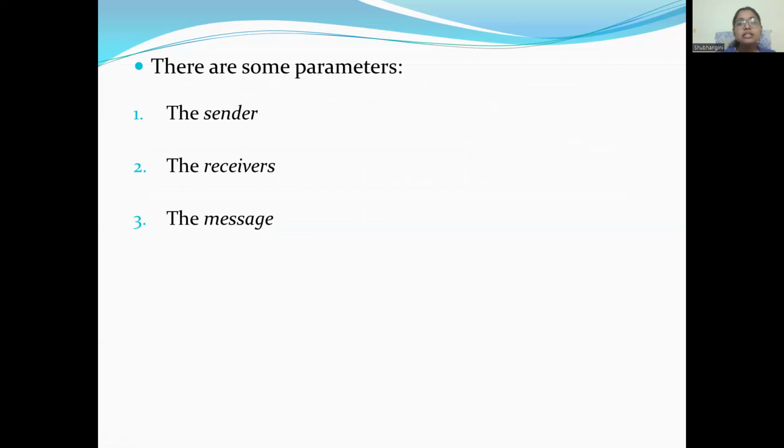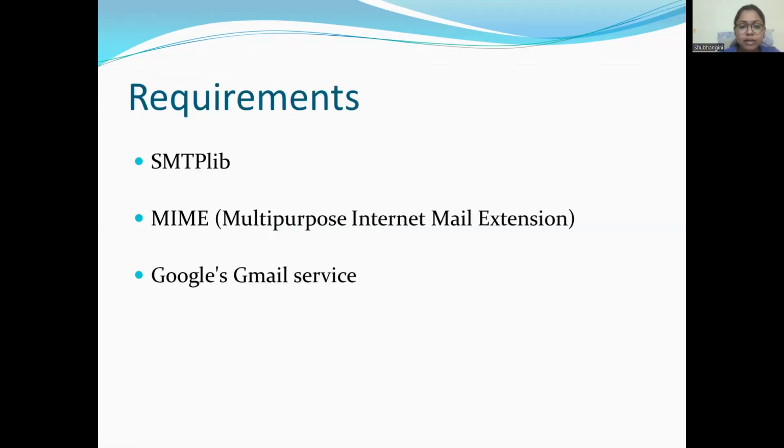The sender is a string of the address of the sender. The receiver is the list of strings of recipients we want to send it to, and the message is the content we want to send to the receiver. Next are the three requirements used to send the mail using SMTP. First is the SMTP library,